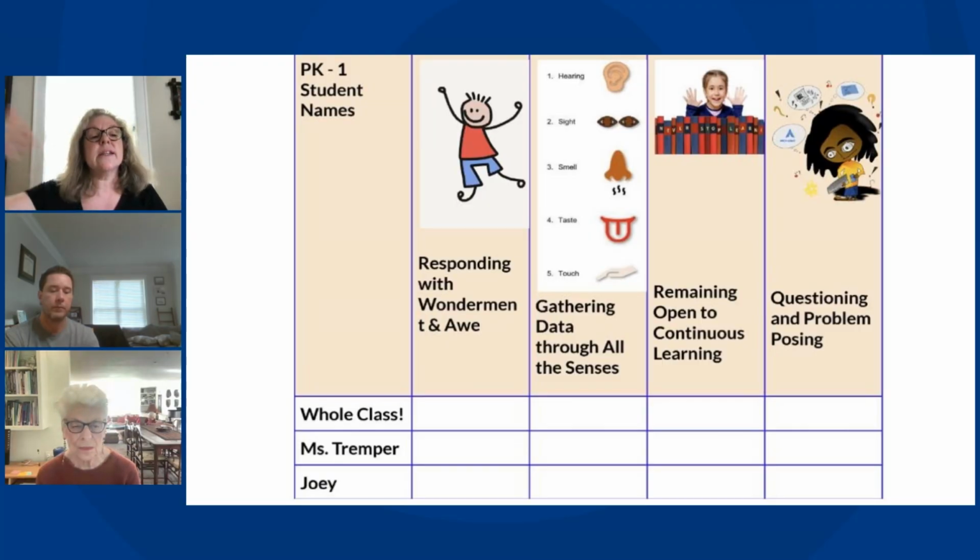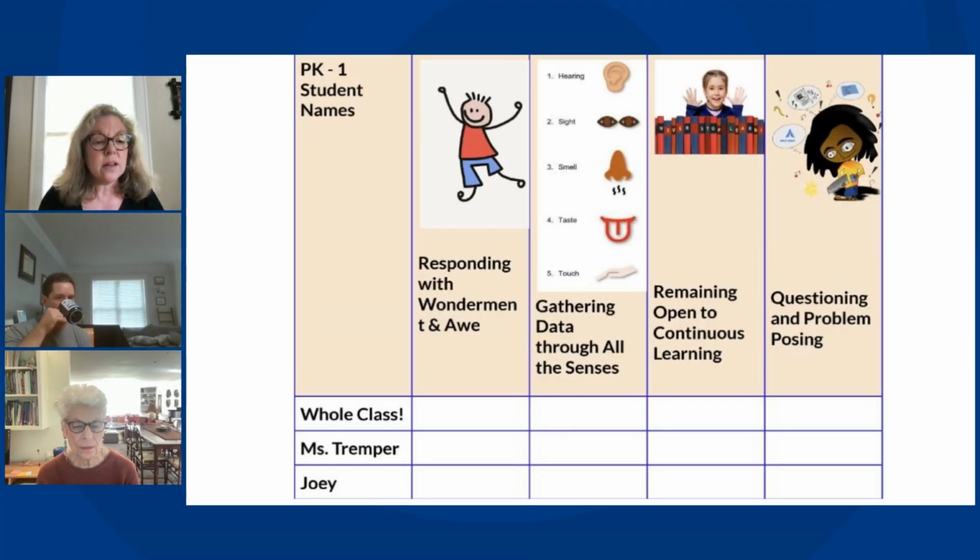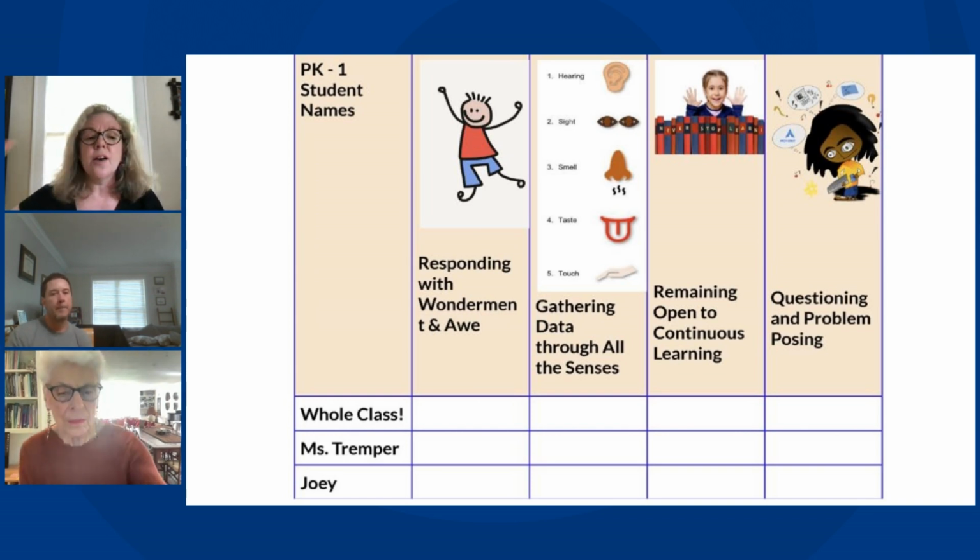So that's the goal. And then there's a 2nd through 4th list that takes this to the next step and asks kids which habits they find that they are naturally good at? Which habits do they sometimes use because in certain situations they use them? And which habits they really want to grow and why? And that really leads, if a district is really working on habits of mind and they're using the playbook and then using Dan and my curricula, it moves through developmentally from pre-K through 12th grade.